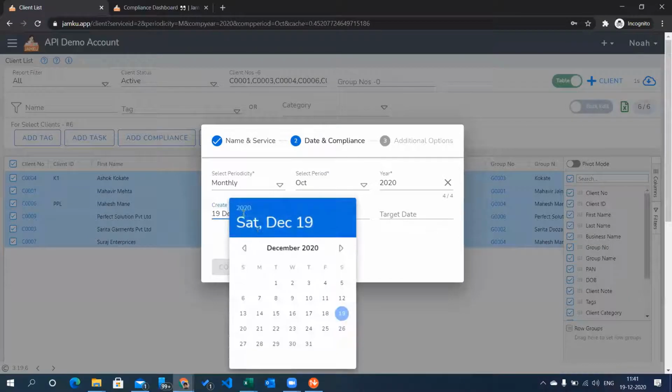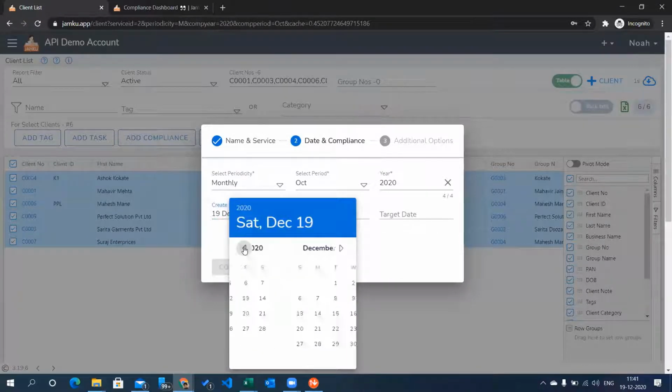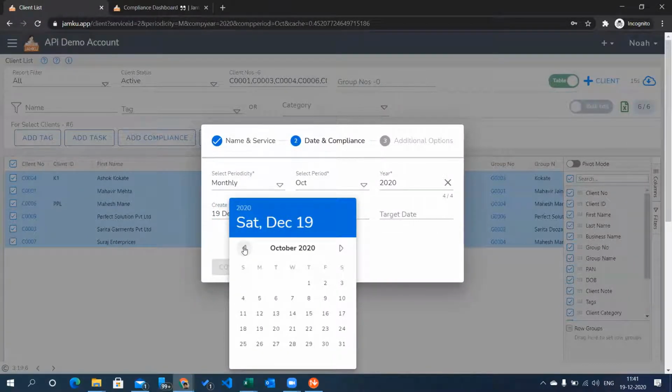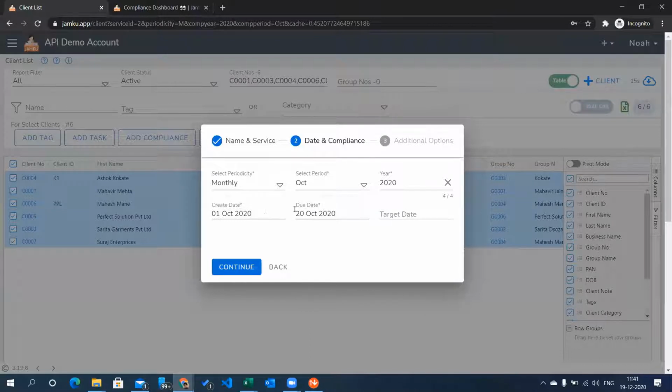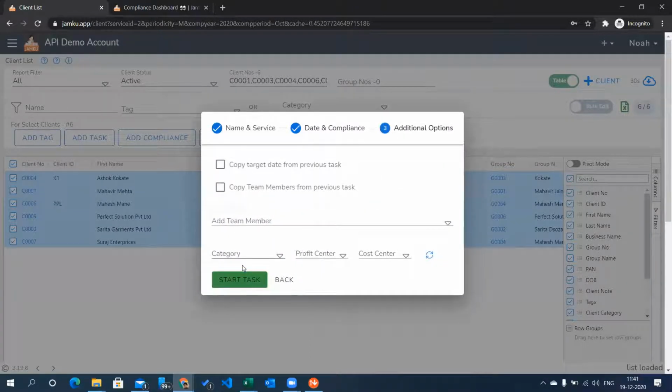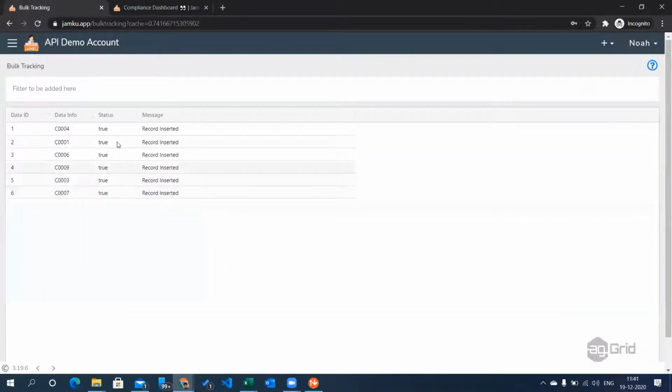If I was sitting in October, I would create these tasks probably on the 1st of October, and I would have specified a due date of, say, 20th of October, or whatever the actual date is. Click continue and create task. And here you can see all the tasks were created successfully.